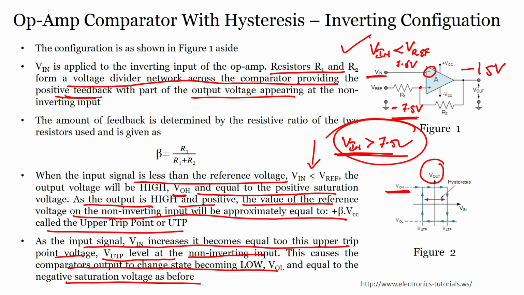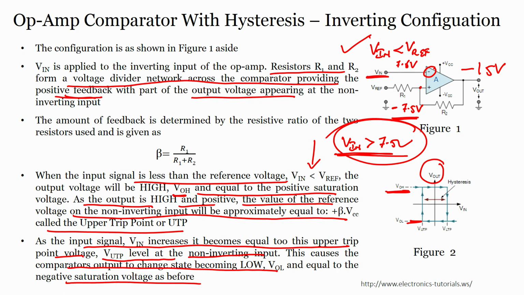Now, until and unless my Vin is less than minus 7.5 volts, it will not change the signal, the output will remain at the low level. So now it is at low level, and if I want to go to high level, it should go below this value, which is minus 7.5 volts. Easy, extremely easy, right. Same comparator, but here you are triggering from high to low, low to high. It is also called a Schmitt trigger.